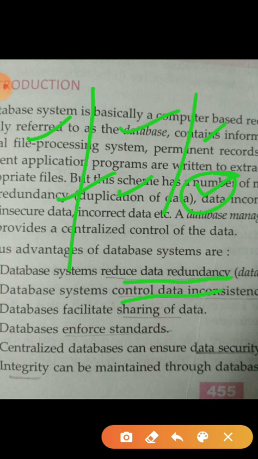So it creates inconsistency, and it becomes unclear which record is correct. So the database enforces a standardized format, and if we change any record in one table, it is automatically updated in all the tables. So it reduces redundancy and controls inconsistencies.